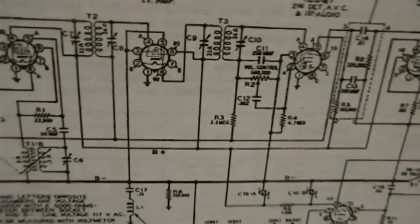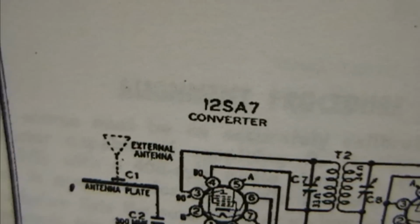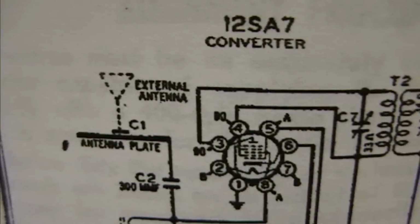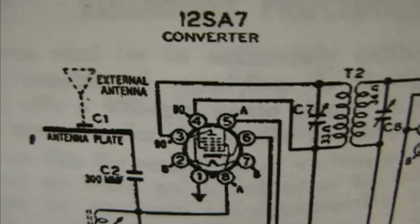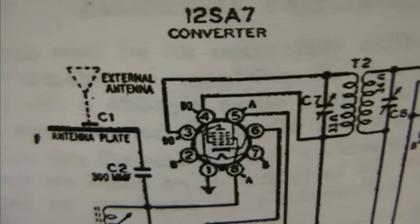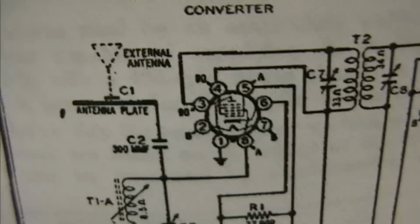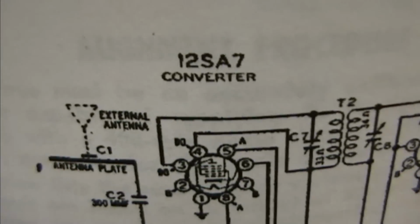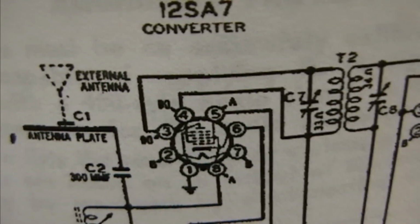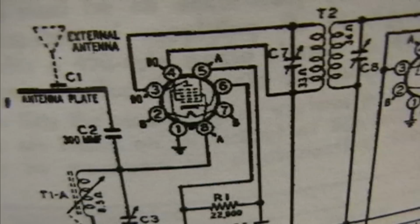Well, if we look at this diagram here, there's the external antenna, and it's going to what they call C1 and the antenna plate. So it looks like the external antenna jack is not supposed to be connected to the back or anything else. It's capacitively coupled to that metallic back, which then goes into the set. So without the external antenna, that metal back does actually serve as an antenna. Or if you attach an external antenna, that just gets added in to the circuit,